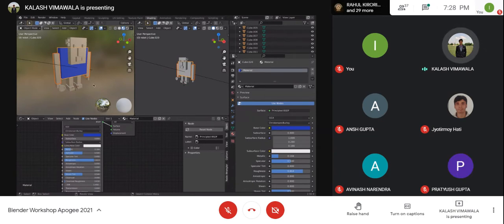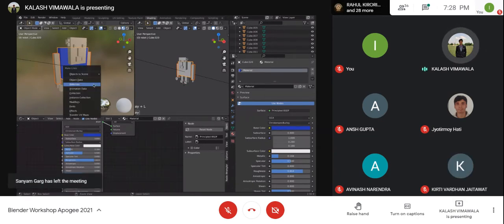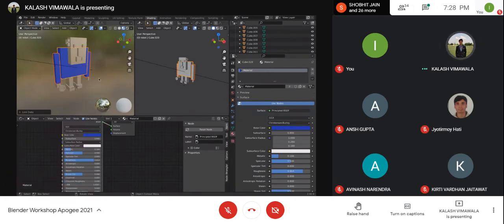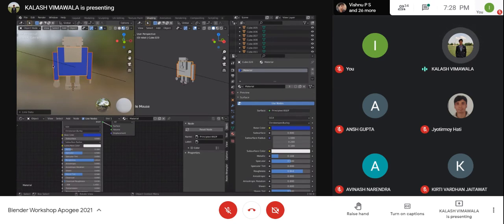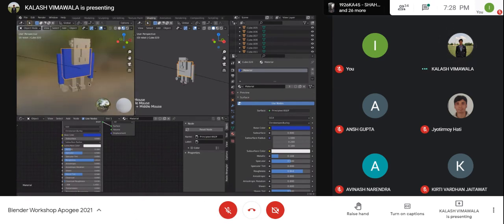Now what you want to do is press Control L, or Command L if you're using a Mac, and it's written Make Links. What this means is that all the objects that you have selected earlier on will have the same materials. If you select Materials, they will have the same materials as the final object does. So if you click on Materials over here, all these other objects will have the same material assigned to them as the final object did. Okay, I hope it's clear.